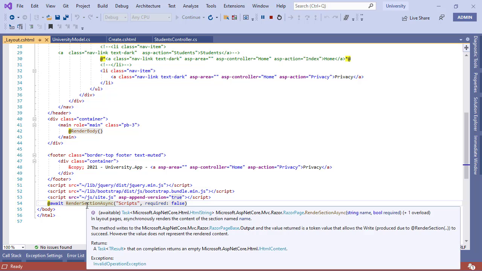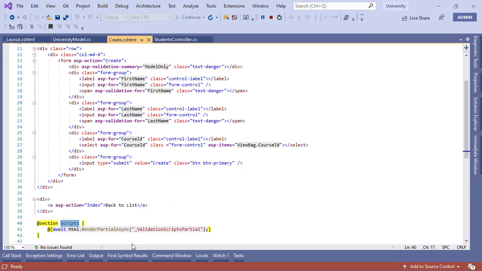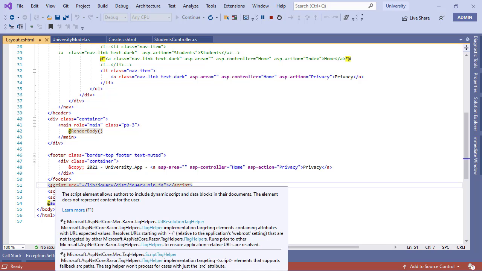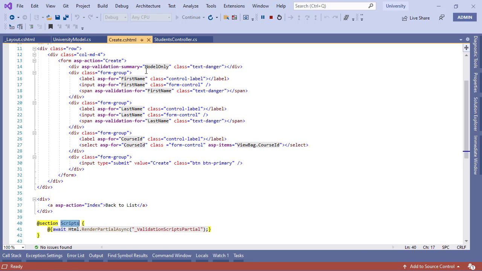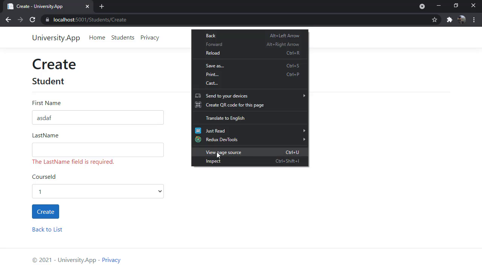So there's a section that we can add to our Razor pages. If we use the correct names, it's going to pick up the name from here, look in the layout file, and replace the code that we have written there with this particular section. Notice that there are already 3 scripts, and we are injecting a 4th script specifically for the create section. And if you go to the UI of the page and select view page source,